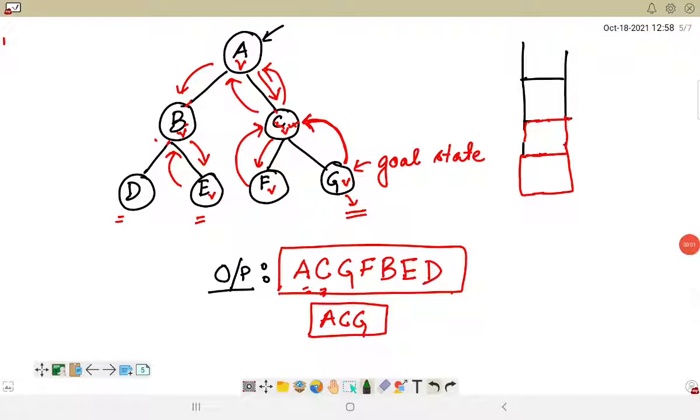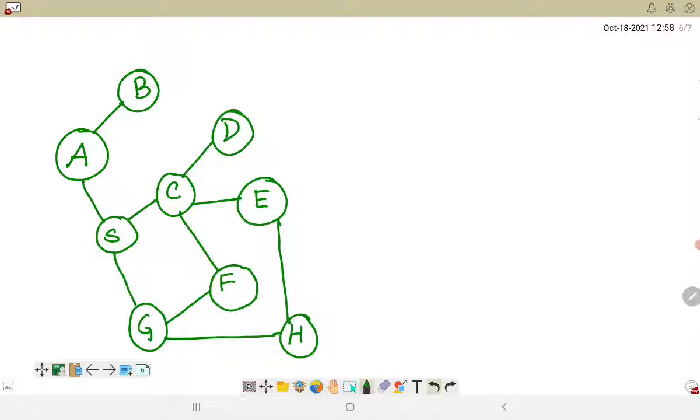So now let us look into another example. In my next example, we will be talking about a graph. This is the layout of the graph, and we will also use a stack in order to keep track of the different types of nodes which have been inserted. There is also an output sequence associated with it.